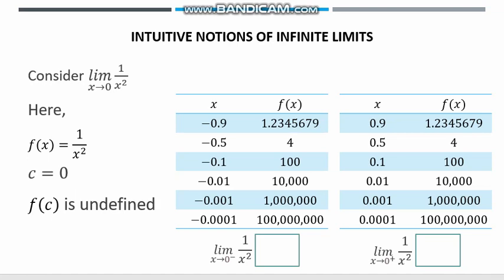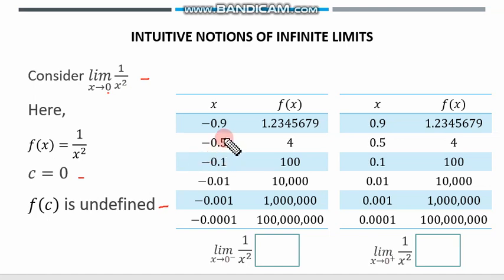So, example: the limit of 1 over x squared as x approaches 0. By direct substitution, with 0 in the denominator, 0 squared is equal to 0, so 1 over 0 is undefined, or f of c is undefined. Now, using rationalizing or factoring, we cannot determine the limit because there is nothing to factor here and nothing to rationalize here. So f of x is equal to 1 over x squared, while c is equal to 0. So now we will just create a table of values to determine the limit